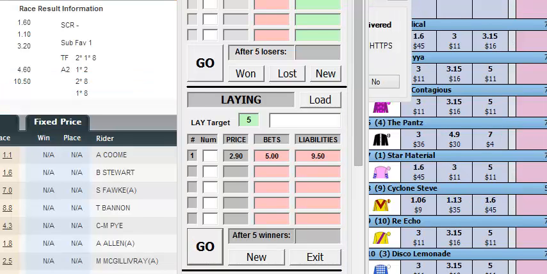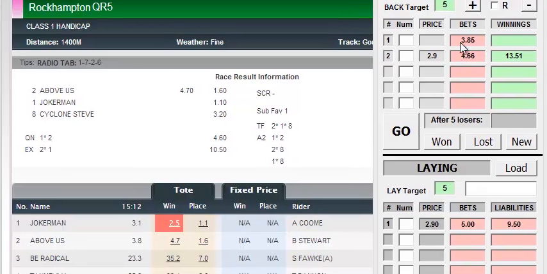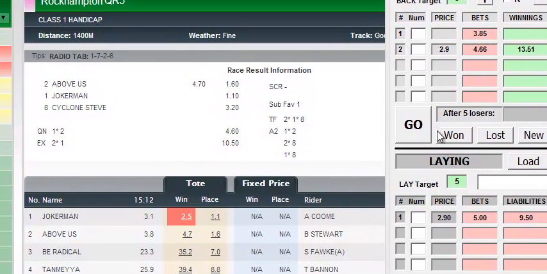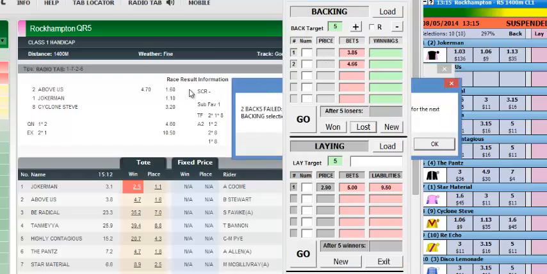Okay, so we can see here Rockhampton race 5. We can see Jokerman ran second above us, won the race. So that means our lay bet here was successful. So our backing bet here of 466 lost. So we clicked lost, and it comes and tells us now